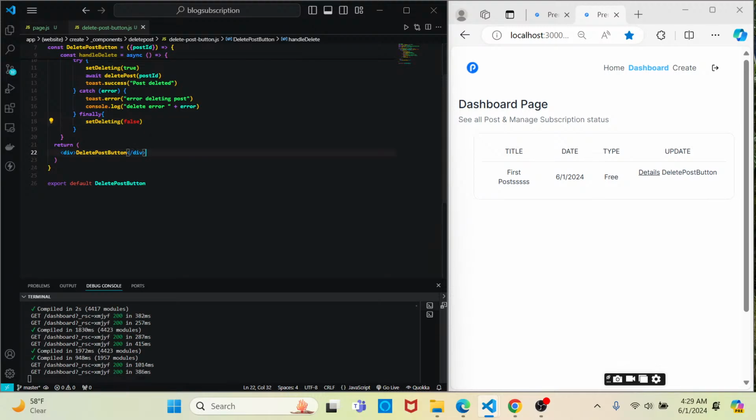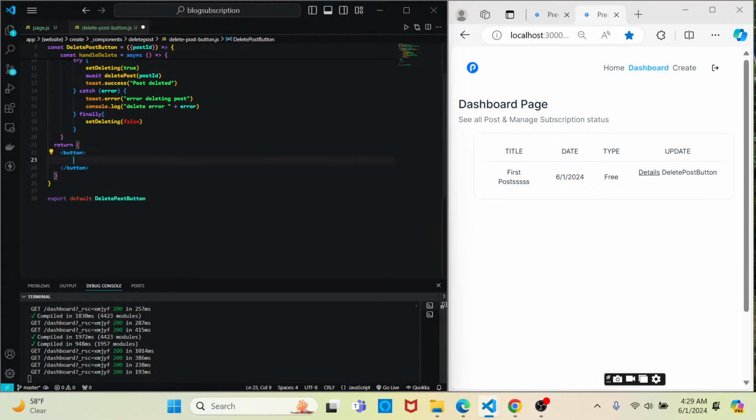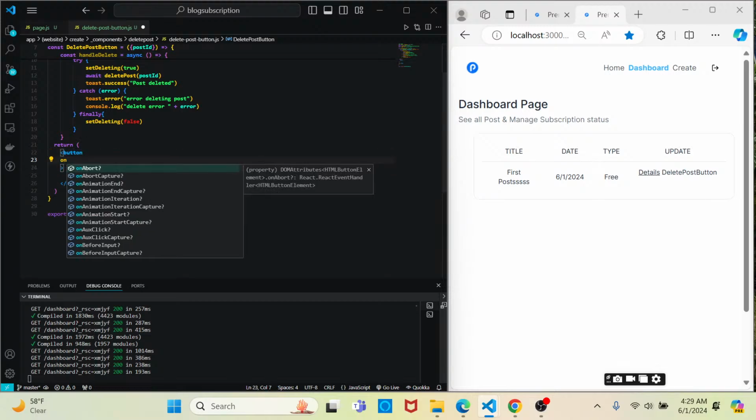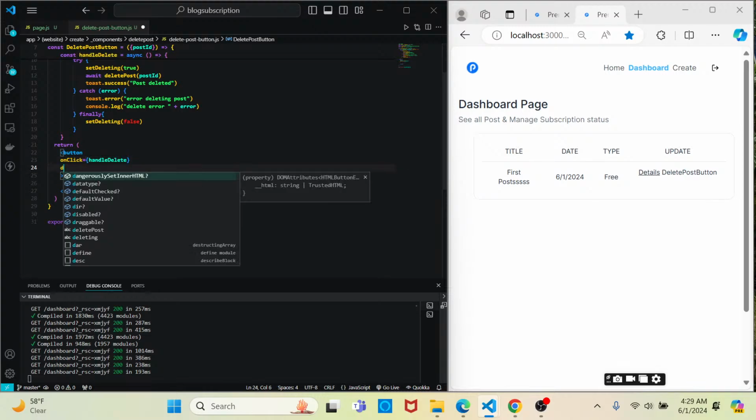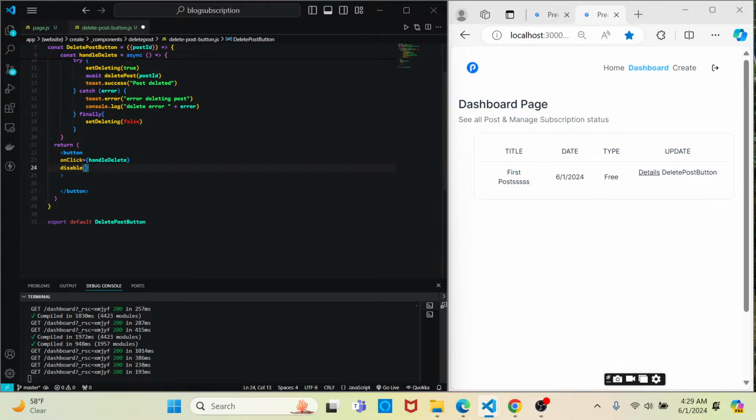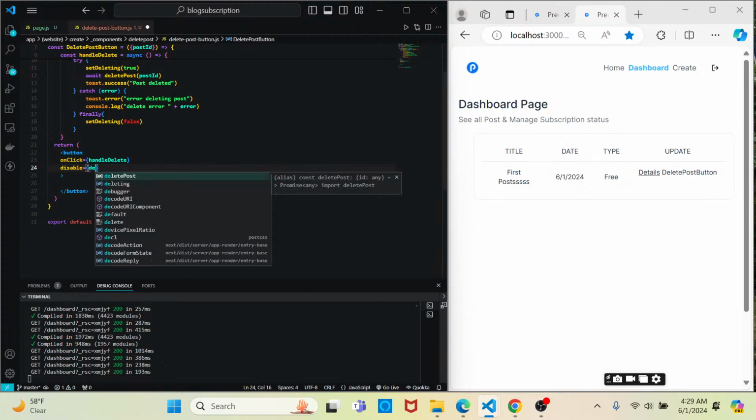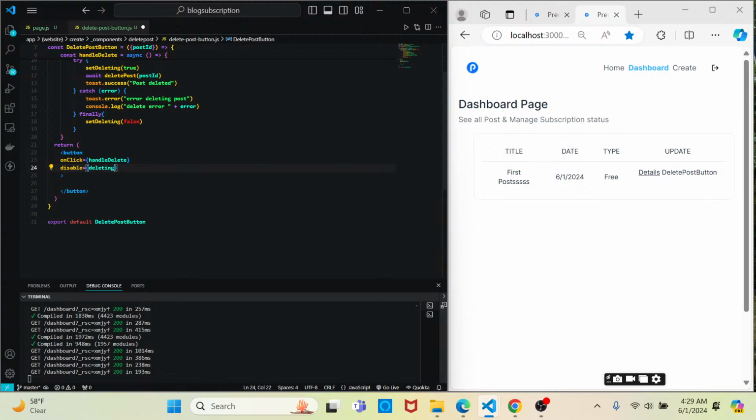Perfect. And now let's update the return. Inside of the return, let's change the div to a button. We'll give this one an onClick since we're not using hook form. And then we'll just pass in the function we just created. And then we'll say disabled, deleting. And then inside of the button,